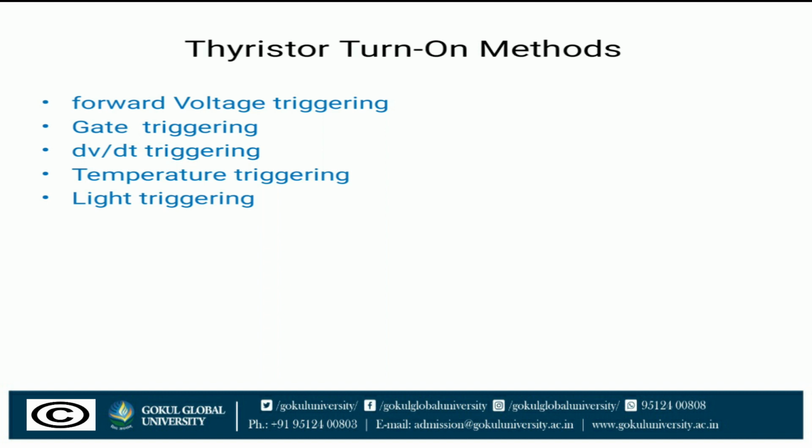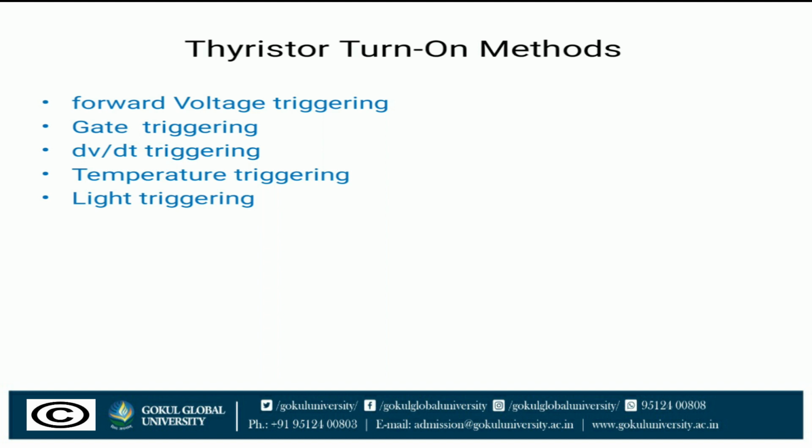Now the third thing, dV by dt triggering. With forward voltage across the anode and cathode of a thyristor, the two outer junctions J1 and J3 are forward biased, but the inner junction J2 is reverse biased. This reverse biased junction J2 has the characteristic of a capacitor due to charge existing across the junction. In other words, space charge exists in the depletion region near junction J2 and therefore junction J2 behaves like a capacitance. If forward voltage is suddenly applied, a charging current through junction capacitance Cj may turn on the thyristor. Almost the entire suddenly applied forward voltage Va appears across the junction J2.